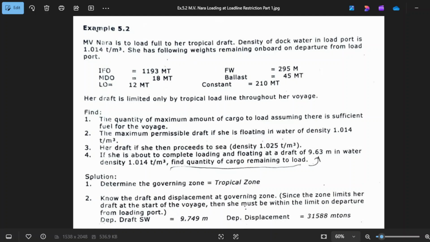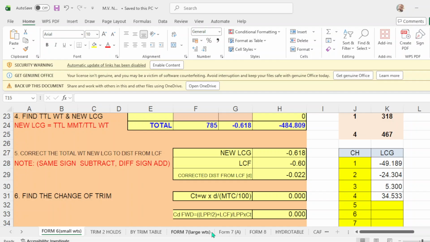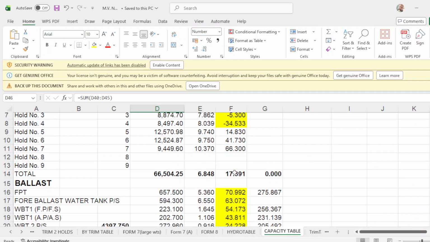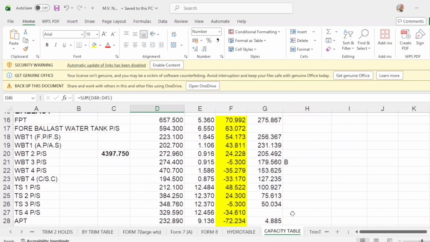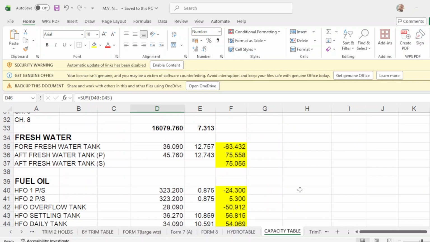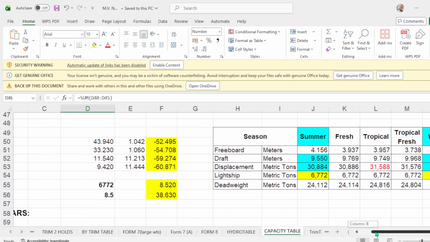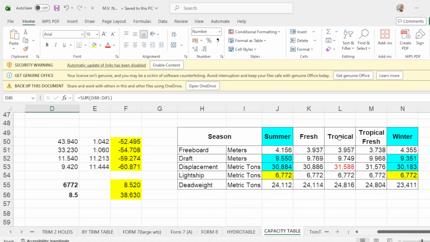So let's go to the capacity table. This is Embinara, and the tropical draft is this one, the red one.